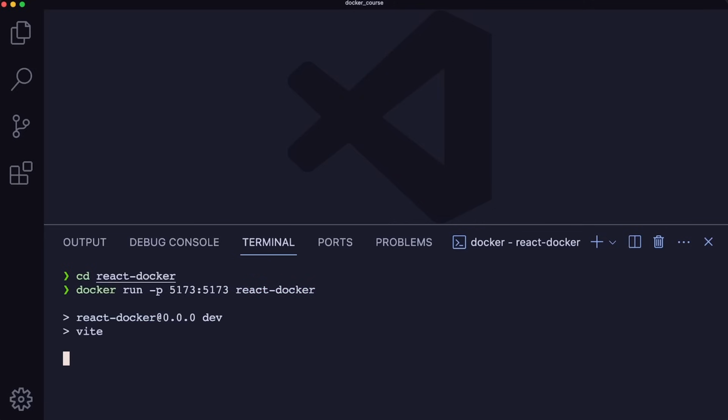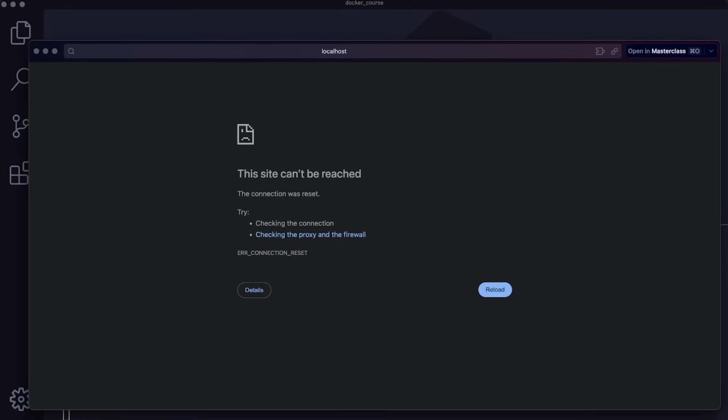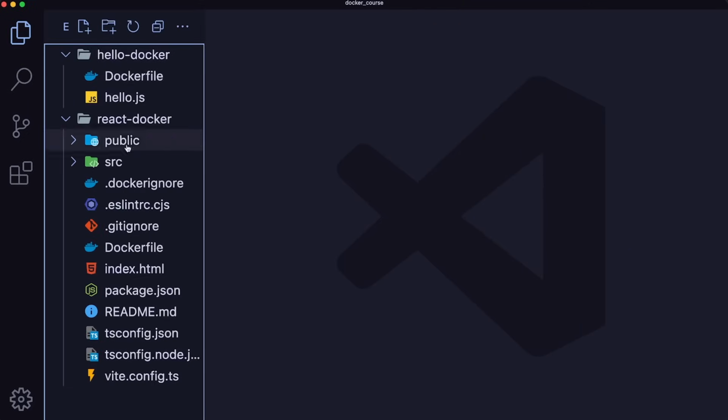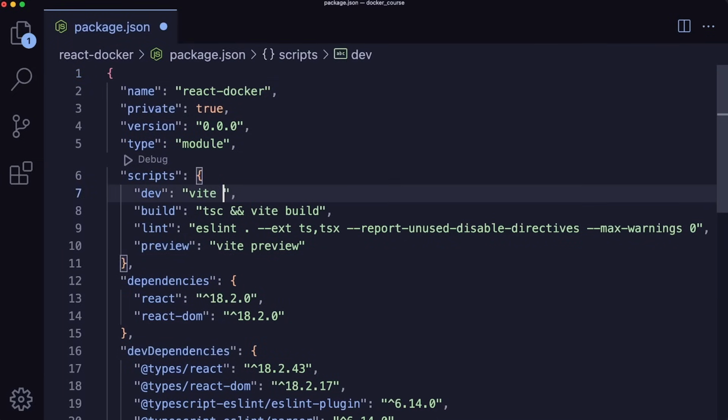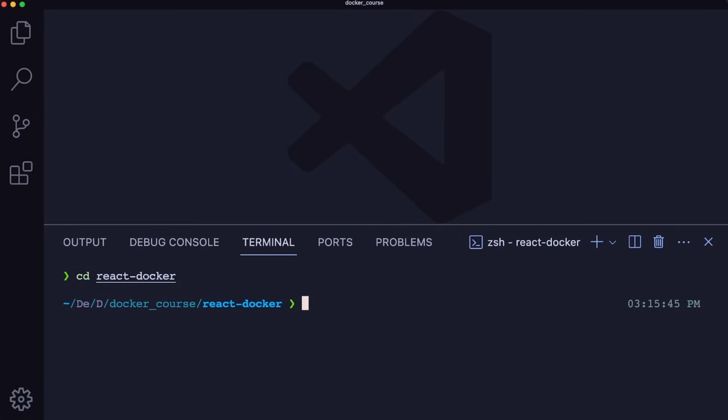and then specify which image we want to run, and press enter. Now, as you can see, it seems to be good, but if I run it, the same thing happens again. It's not Docker's fault, but it's something that we missed. It's Vite. If you read the logs right here, it's going to say use --host to expose. So we have to expose that port for Vite too. So let's modify our package.json by going right here and adding the --host to expose our dev environment. And now again, we'll have to stop everything, kill our terminal, reopen it, re-navigate to React Docker, and then run